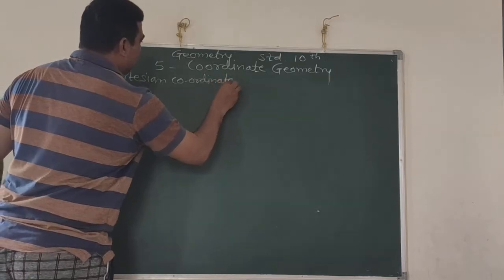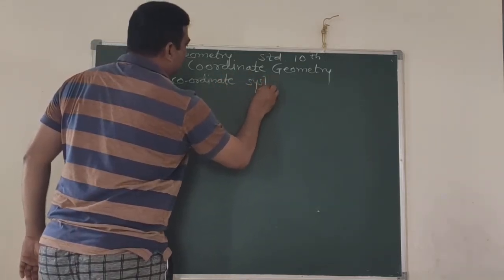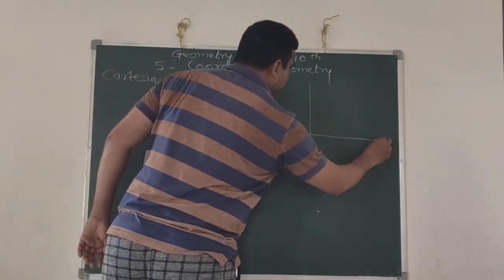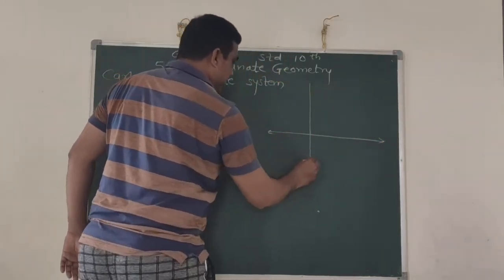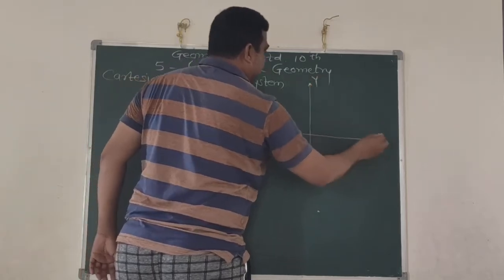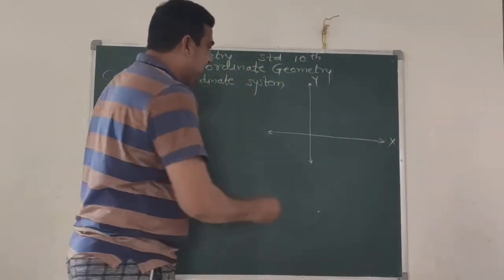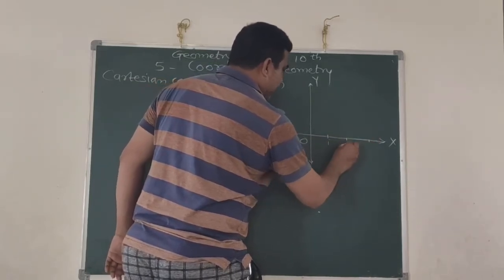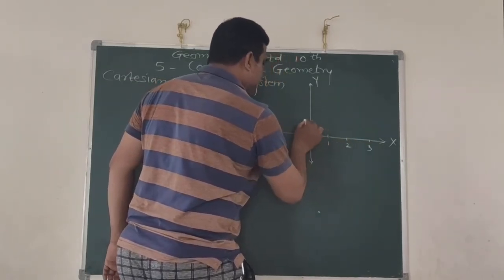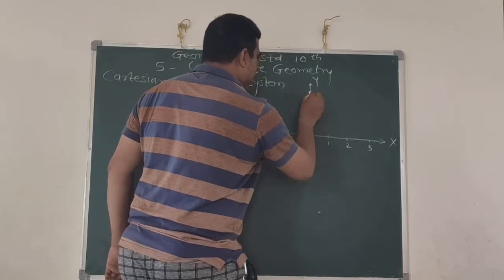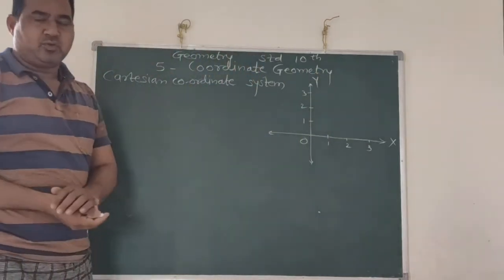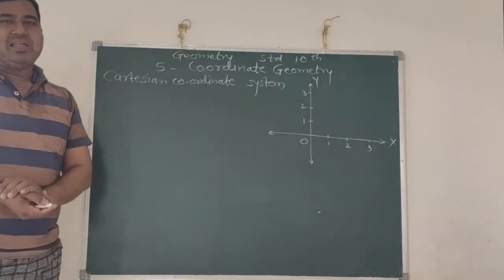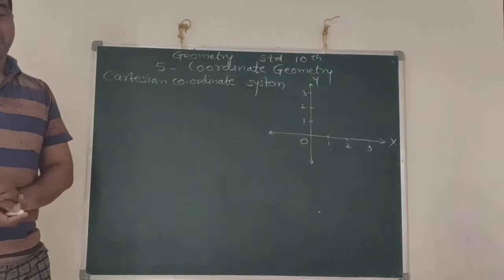So here I consider these systems: Y-axis, x-axis, and the origin. First of all, let's study how we can find out distance between any two points